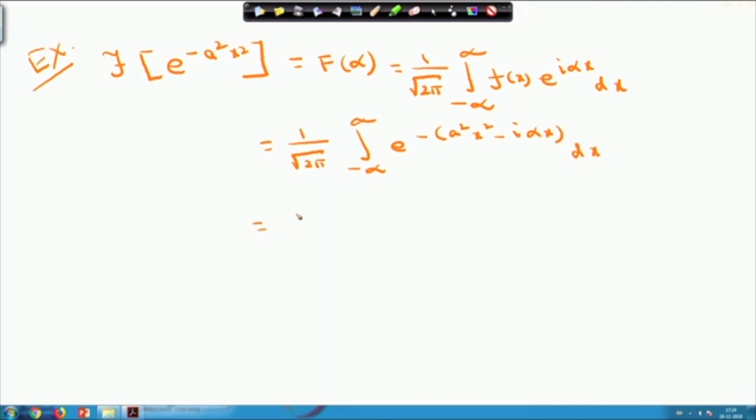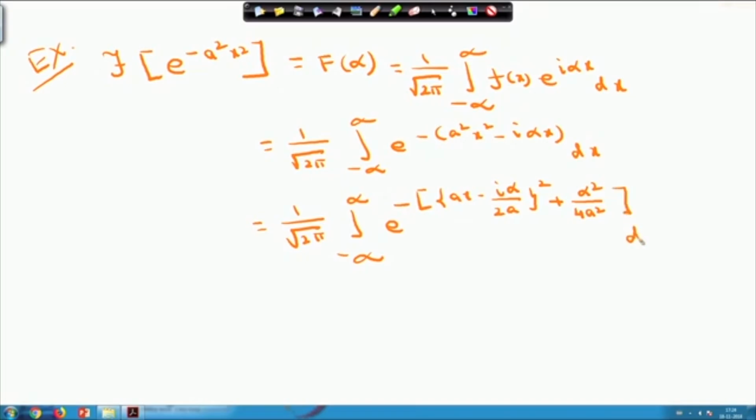To evaluate the integral, I can write it in terms of a square, that is e^(-(ax - iα/2a)²), plus the extra term α²/4a². So, plus α²/4a² into dx. So, this equals 1/√(2π)